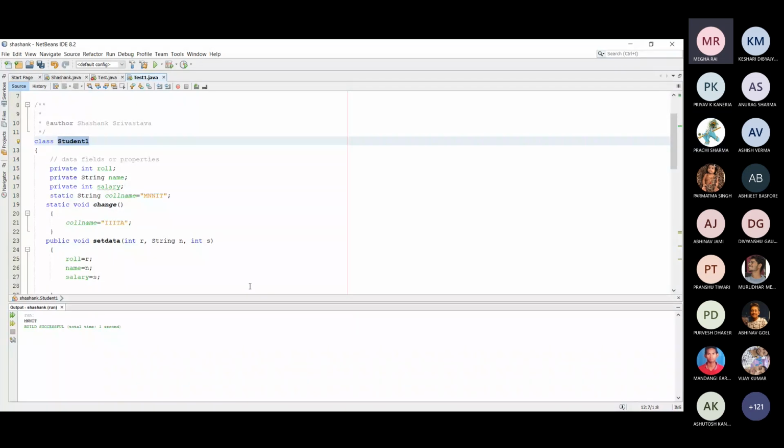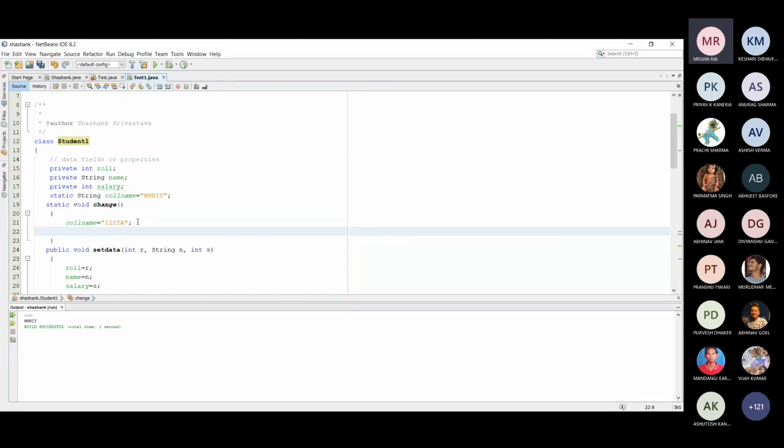Suppose I would like to change roll number, name and salary here. If I write roll number is equal to, suppose, 45, an error is generated, because a static method cannot access a non-static data field. The static method cannot access a non-static data member.